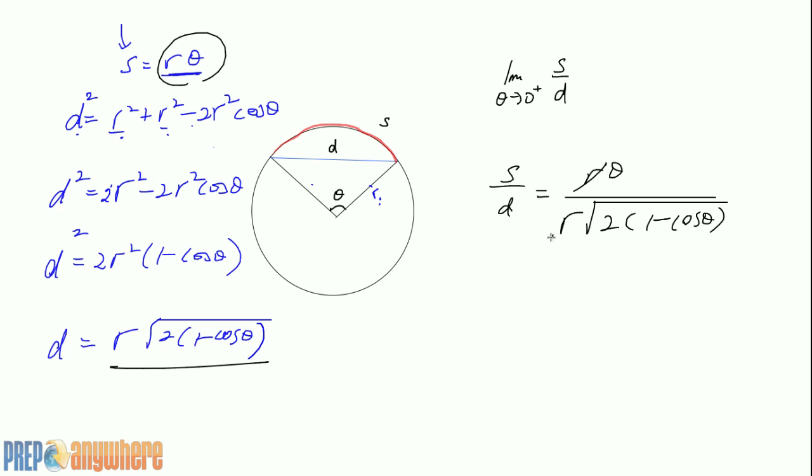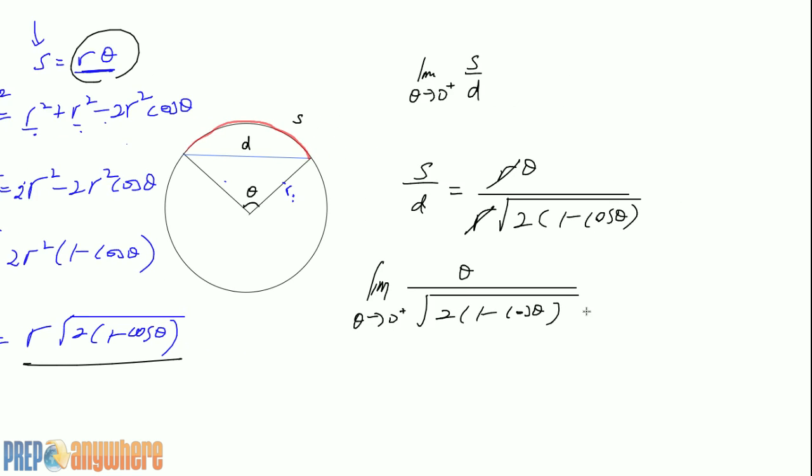Note that the r disappears. So let's find the limit of that expression. We have theta all over that. Now with trig limits, we always want sine. To get sine from 1 minus cosine of theta, we need to multiply by the conjugate pair, but it has a square root. So let's multiply by the square root of